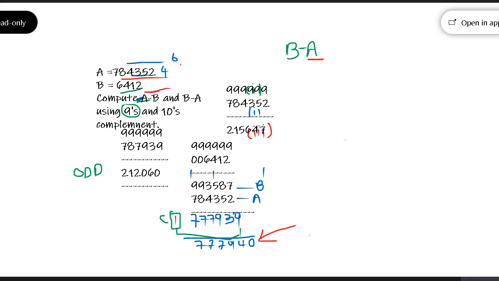Okay, so this is a 1. Now what I'm going to do is add this particular thing to, what is it? 6, 4, 1, 2. So basically 6, 4, 1, 2. So this I'm going to add. Okay. Now what will I get?